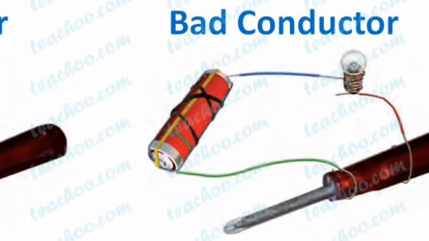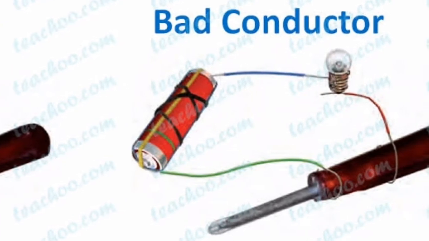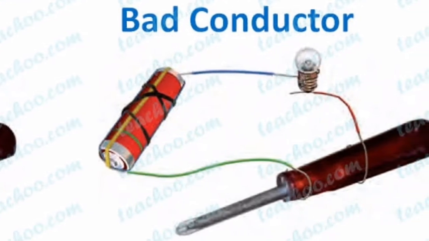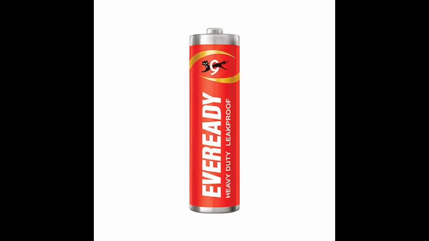So students, where does a torch get electricity from? Actually, electricity to the bulb in a torch is provided by the electric cell. Look carefully towards the electric cell. It has a small metal cap on one side and a metal disc on the other side. There is a positive and a negative sign on the electric cell. The metal cap is the positive terminal and the metal disc is the negative terminal of the cell. An electric cell produces electricity from the chemical stored inside it.